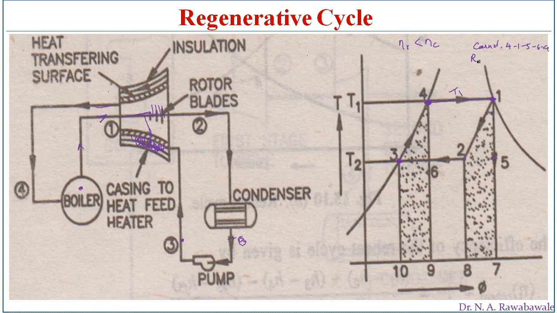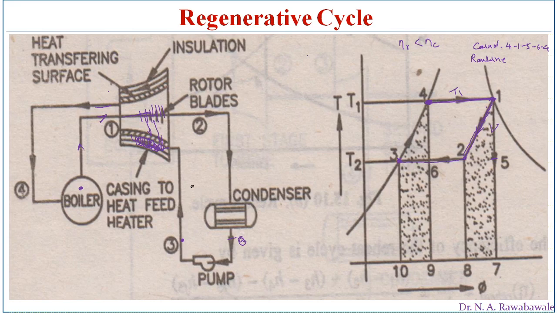Now in the Rankine cycle, just a little modification is made here. From 4 to 1 evaporation is made, and from 1 to 2 there is simultaneously expansion as well as cooling. Instead of isentropic expansion, it follows some other path. Here the steam is expanding in the turbine, and at the same time it is giving its heat to the feed water. This path is shown by 1 to 2.